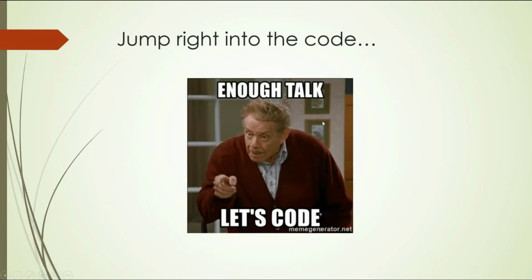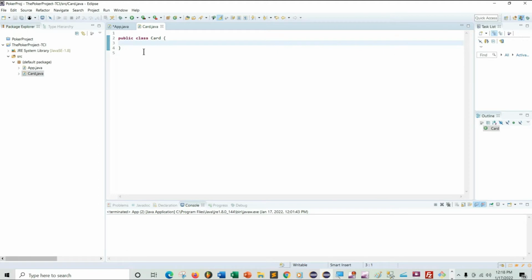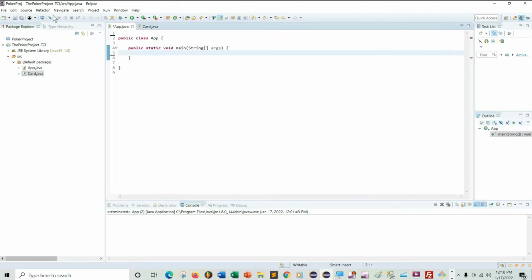So without further ado, let's jump right into the code. Alright guys, so welcome to the coding portion of this video. As you can see, I've already created myself a Java project, the Poker Project TCI for the coding interview. I also have 2 classes, an app.java class as well as a card.java class. We're going to get to this card.java class in a minute, but we're first going to start off